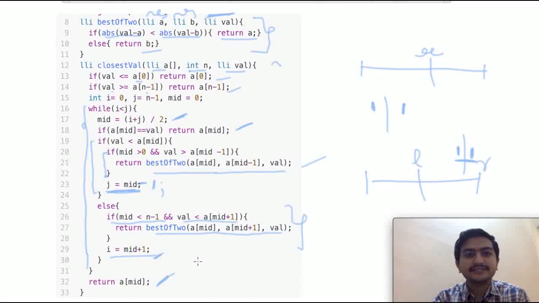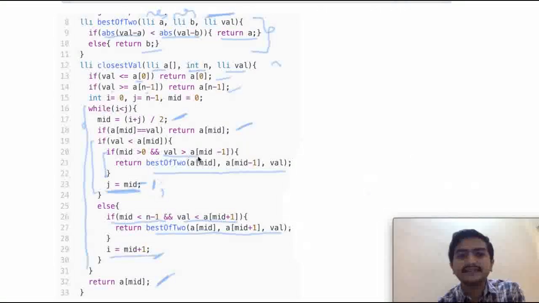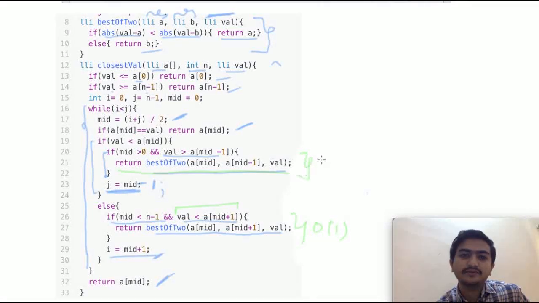Now if you try to find the overall complexity of this code, this function is very close to binary search, because the basic steps are binary search only, and we just added one more comparison, like whether val is greater than a of mid minus 1, and then returning the answer, or whether val is less than a of mid plus 1. These are O of 1 operations.